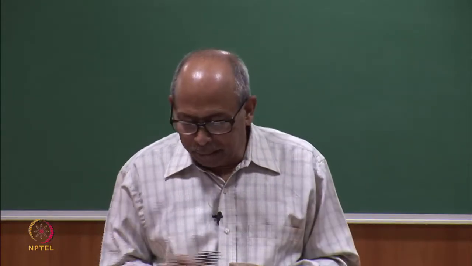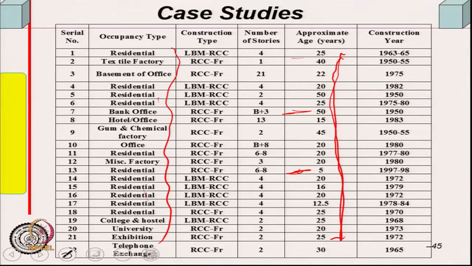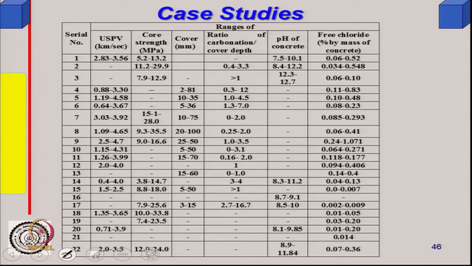You can see the construction year is also noted in your slides. Obviously, the 5 year one was built in the 1990s or around 2000, and the 50 years means 1950 or 1948. Their heights varied: one building was 28 story, another 21, and others were less, even single story. What one finds as the major cause is that cover depths were very low at many places, particularly in the one which survived only 5 years.